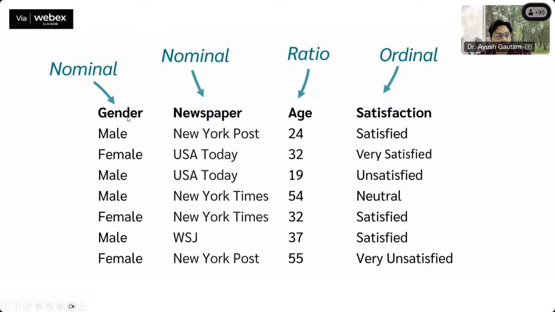Like on the e-commerce side, we see the star rating, 4-star rating, 3-star rating, that is the ordinal data. And do you know why it is required to understand this phenomenon? Because if the data is nominal, then different kinds of charts can be made out of those data. But if the data is ordinal, then a different kind of charts is made. If there is ordinal data, you can make a chart with respect to time. But if the data is nominal, then you cannot make a chart with respect to time, because if you plot nominal data with respect to time, it will not make any sense.